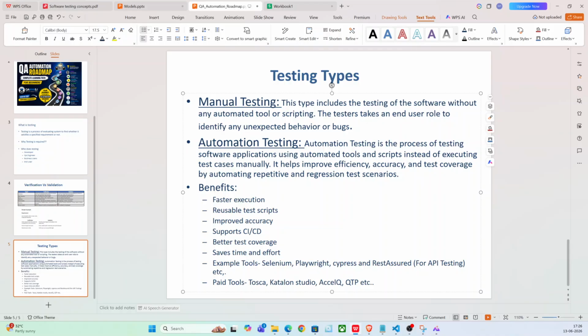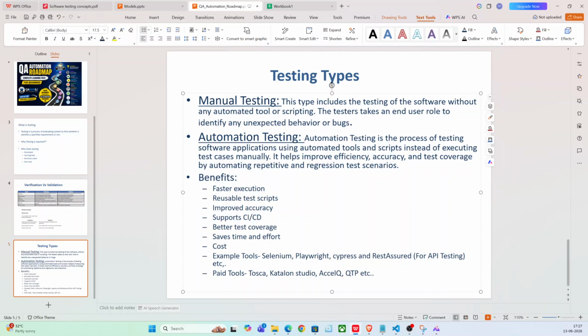How this will run and how to set up those things, we'll learn when we talk about GitHub sessions. And better test coverage also will be there. Whatever manual tests we have, all of these can be automated, and definitely it will save your time and effort. And one more thing I forgot to mention here is cost,